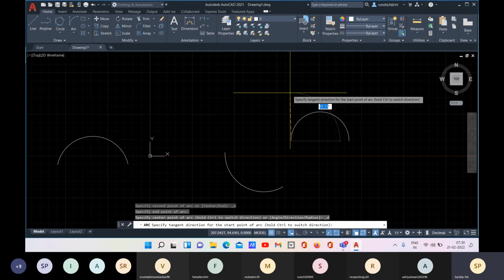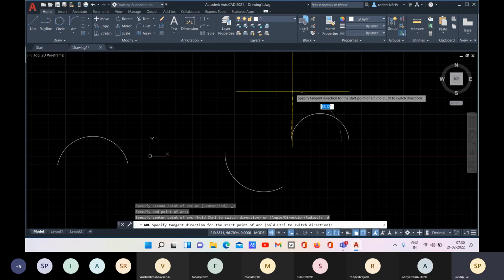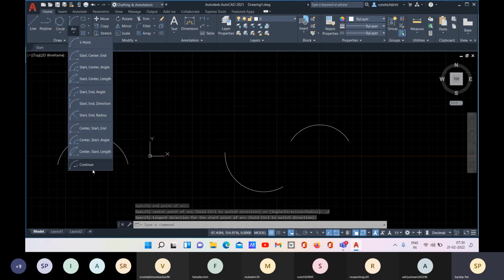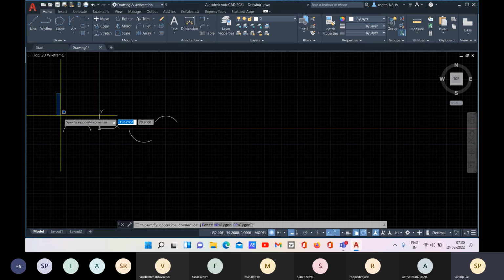So accordingly, this curve will be created so that it can be tangent with that 90 degree or that particular angle, if it is a vertical line. You understand? So this is how it's created. Other things are very easy. You can easily understand. Just specify as it is mentioned.